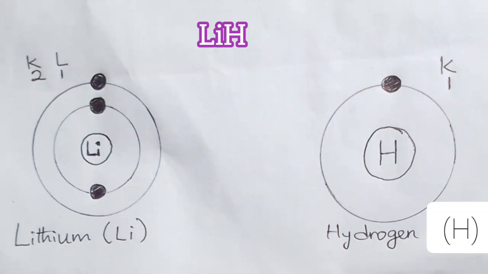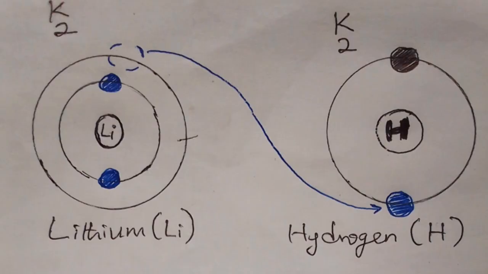So you see, when lithium combines with hydrogen, lithium, after that first shell having 2 electrons, has 1 extra on its second shell. But hydrogen just has 1 in its first shell. So hydrogen needs to complete a stable duplet by having 2 electrons in the outermost shell. So that 1 extra electron in lithium will move over to the hydrogen. So hydrogen will have 2 electrons in its atomic shell now, and lithium also has 2 electrons in its atomic